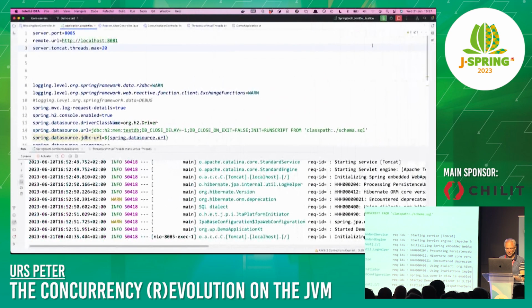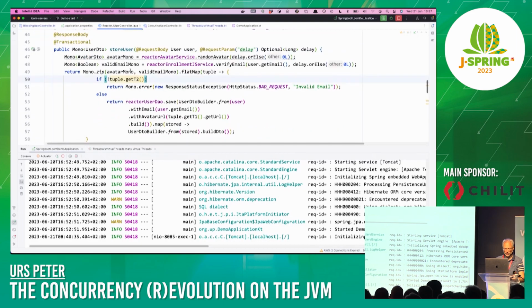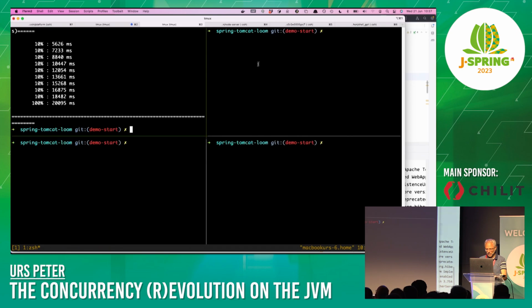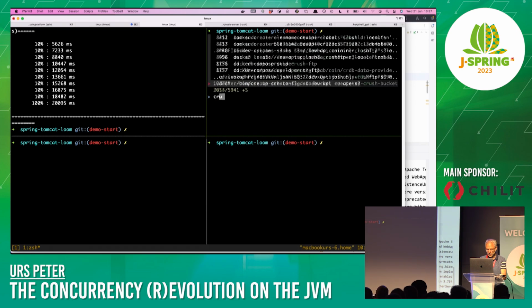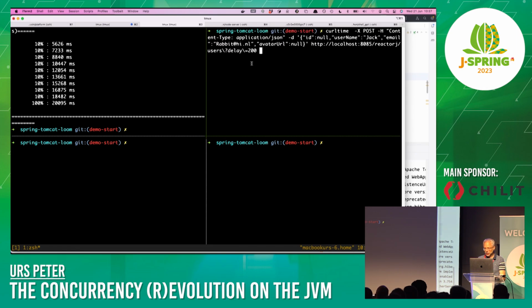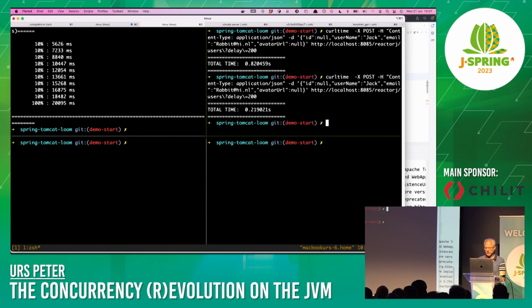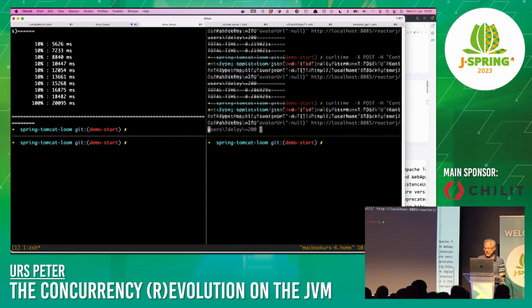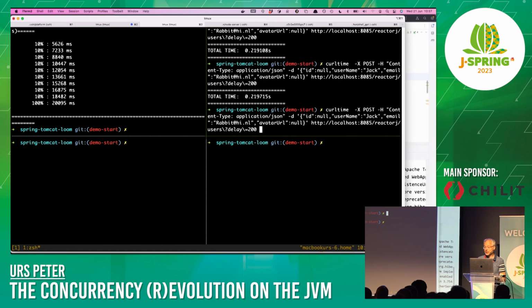So also here, I have this particular piece of code. This would be the Reactor code. Then we do the same thing here. So we have a curl time. We have now a 200 milliseconds delay like we had in the previous case. And what's kind of interesting is that we do not get an average of 400 milliseconds like before, but 200. Why is that? Well, with Reactor, I can quite easily leverage parallelism. My use case allows for doing that. So now I only have about 200 milliseconds plus a bit of overhead for storing my particular entity in the